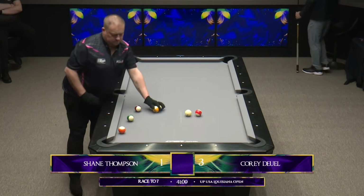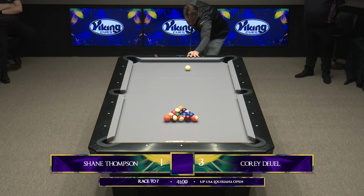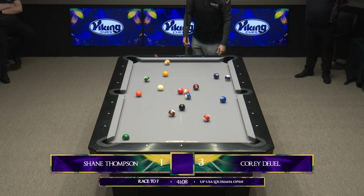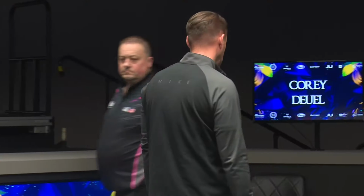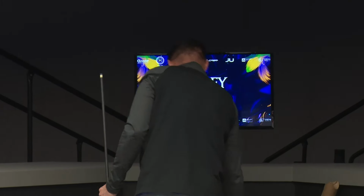We had a match earlier on where every single frame was off the break in the match, and it came down to essentially the break itself. And Chris Manning and Jeff DeLuna, and Chris scratched a couple of times, and that essentially was a difference in the match. It's something that's very much on the radar. But also, what Ultimate Pool USA are looking at is, we're trying to create a game that's fun, as we see